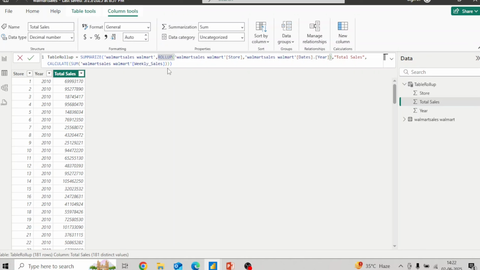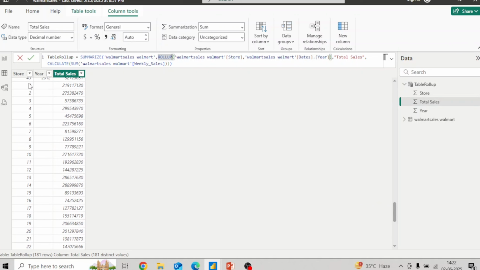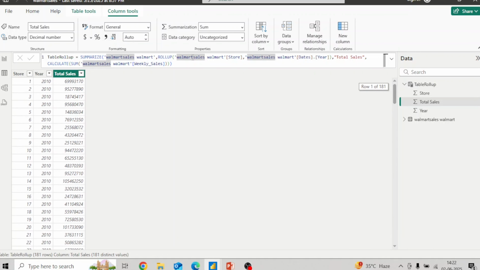Now one difference between roll up and roll up group is, if I don't want to see these values on the basis of just the store IDs. Right now it is trying to create subtotal values on the basis of the year. For every particular store ID for all the years, it is giving me the sales, and at the end it is giving me an overall sum for all the stores. But in case I only need the sum total value, and I do not need the subtotals for every store ID,